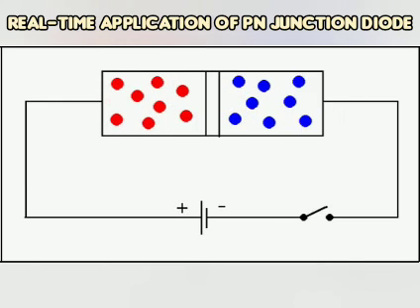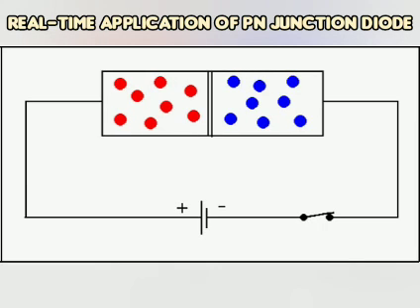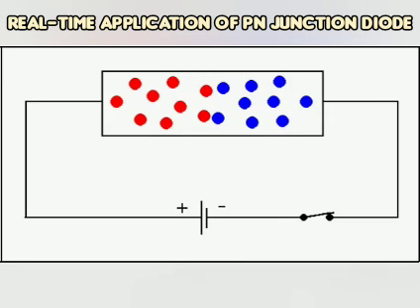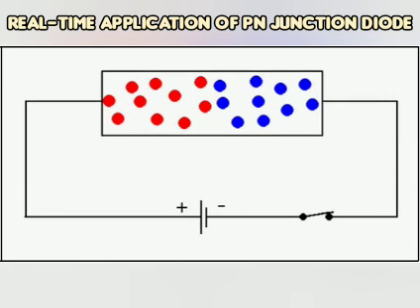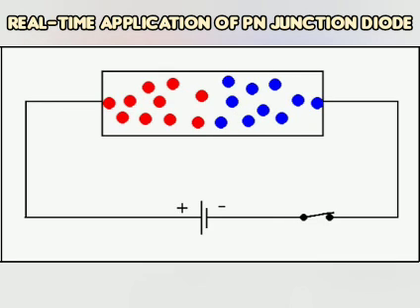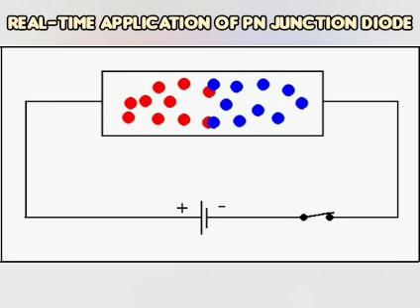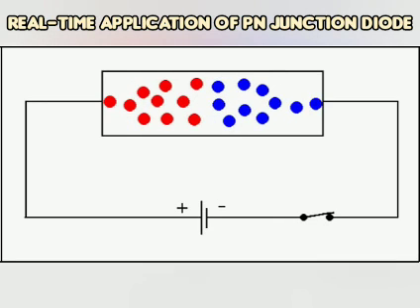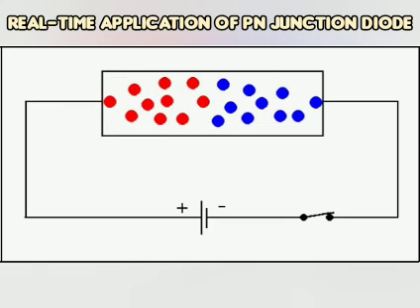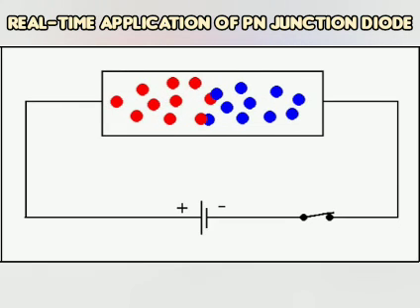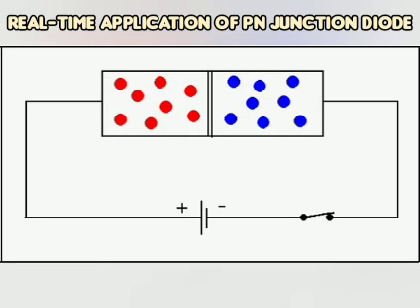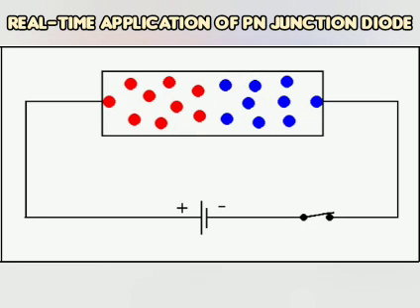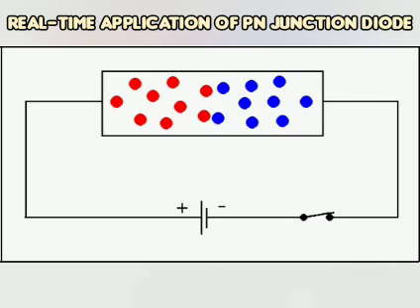This value is mainly used for problem purposes. They will be giving the values of Na, Nd, and V naught, and we know the values of epsilon naught and q. So we will be substituting those values and finding the depletion layer width created between the p-type and n-type region. So this is about the PN junction diode general introduction, dopant distribution, and its depletion width calculation.